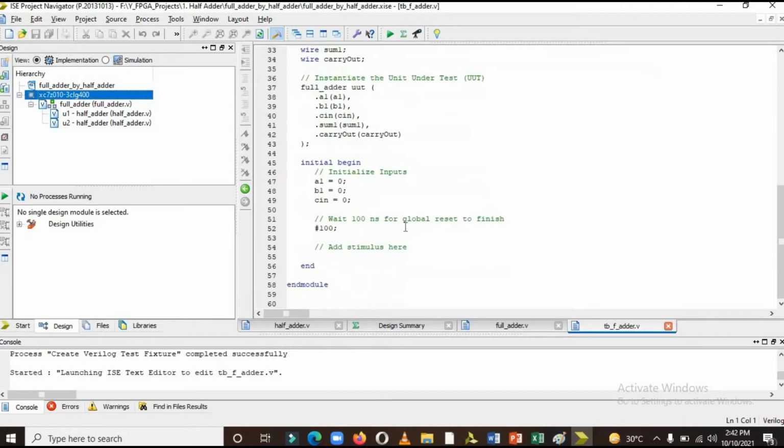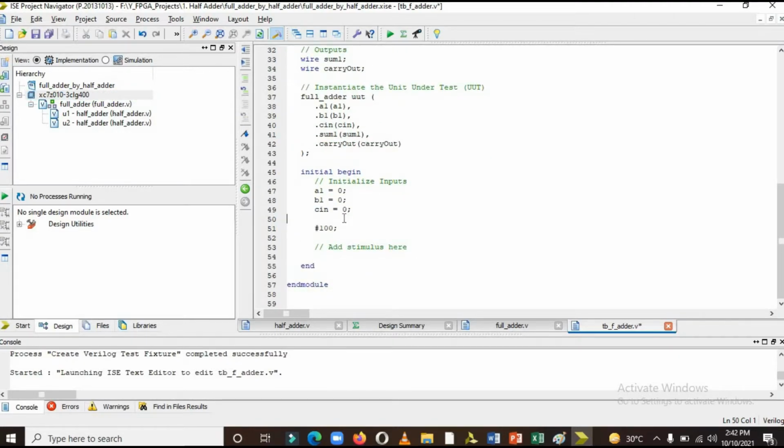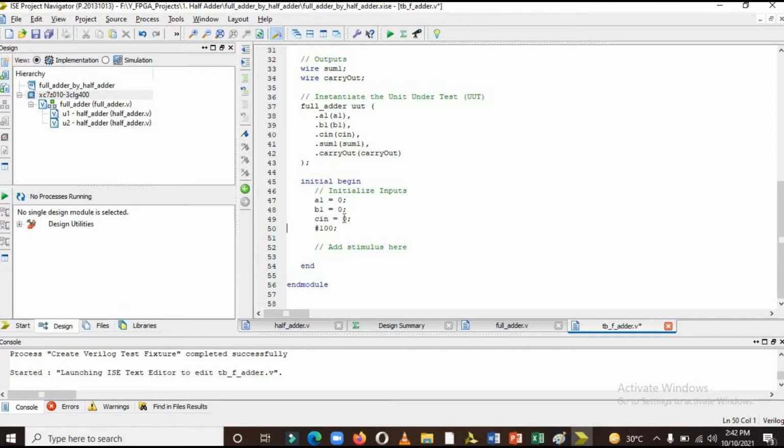Now here we need to do some changes, because only one case is defined, in which all the inputs are 0 0 0.